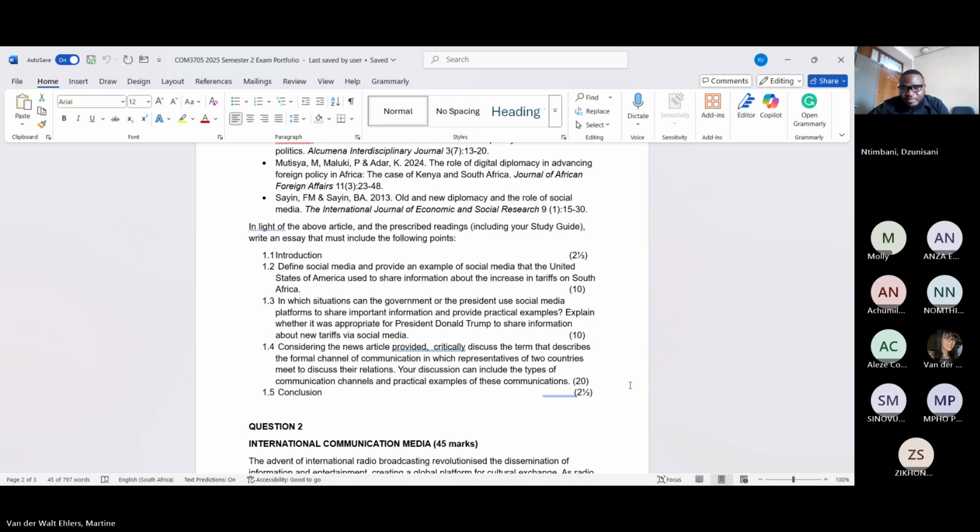So you need to check, maybe here in South Africa, if there was a point or situation where the government was sharing information, you can use that as an example. Then, while you are still reading, it will be in certain situations. Then you need to decide, based on what the President of the United States shared, whether it was appropriate or not appropriate for the president to share information about the new tariffs on social media. To give you a clue, there is a way in which one government communicates to another government.